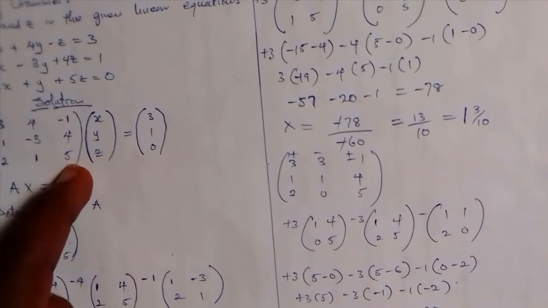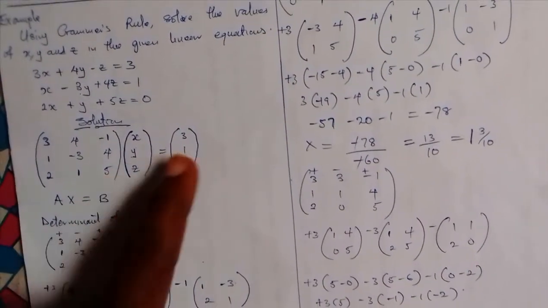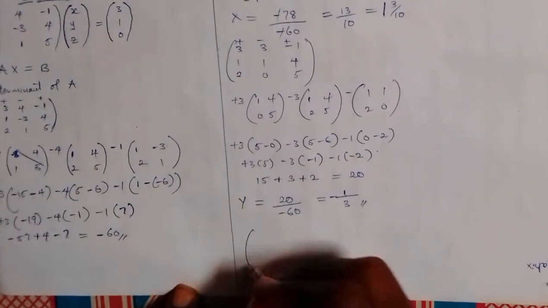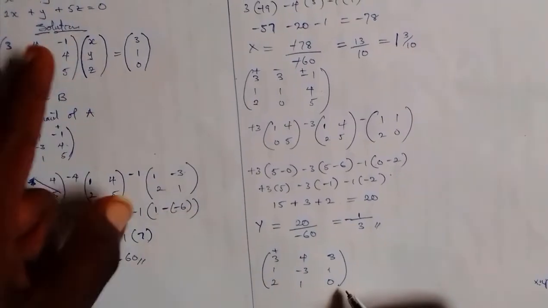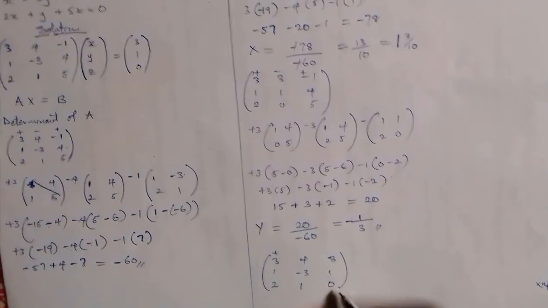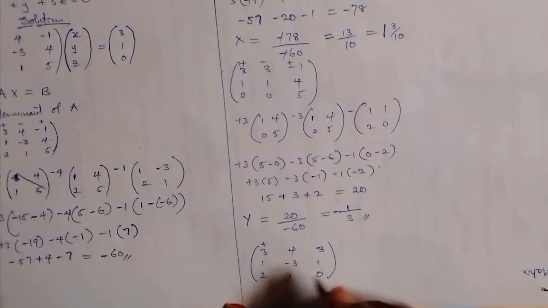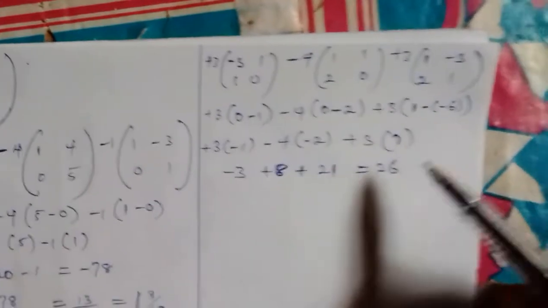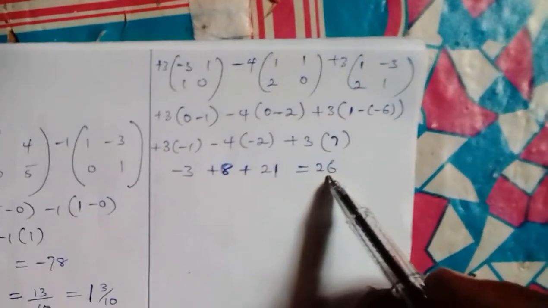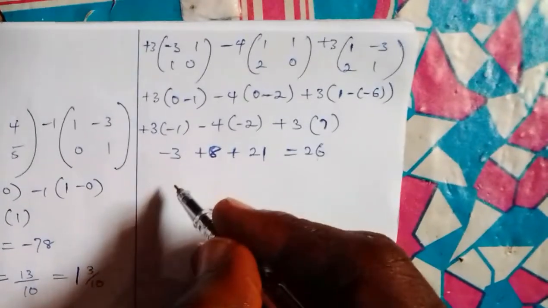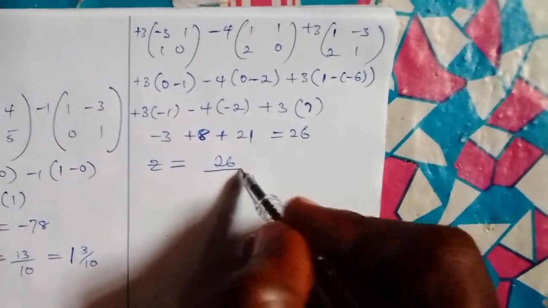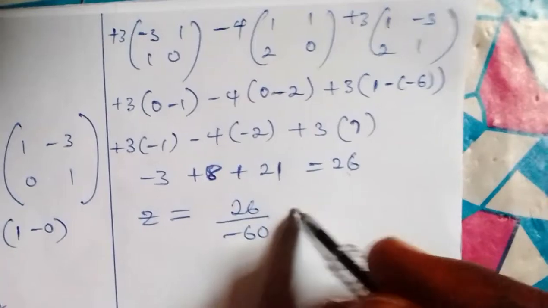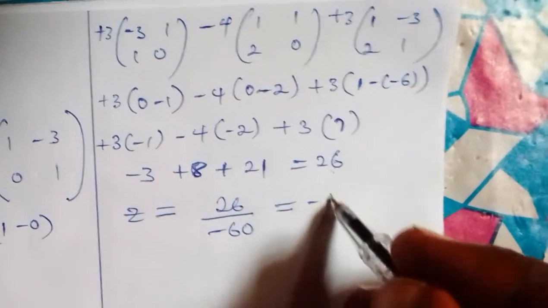We replace the next column here, which is minus 1, 4, and 5 by what we have here. So now this is what we have by replacing the third column by what we have here. So instead of writing minus 1, 4, 5, we write 3, 1, 0. And the next thing we need to do is find the determinant. On solving this, we have our answer to be 26. So now, to get our z, z is 26 over the determinant of A, which is minus 60. Then we have z to be minus 13